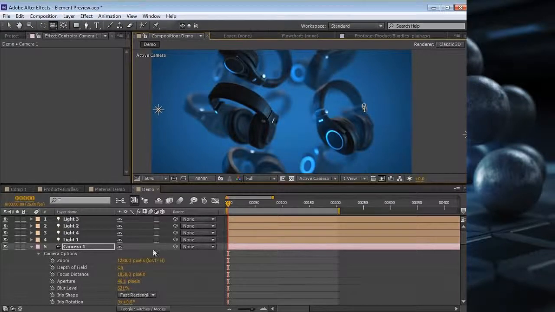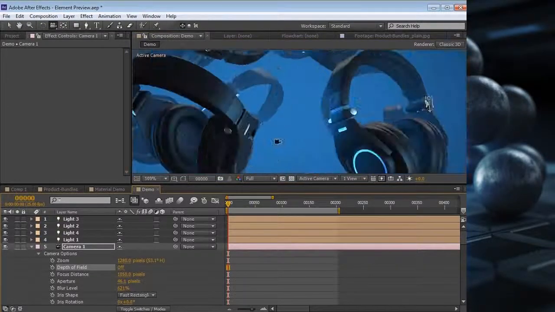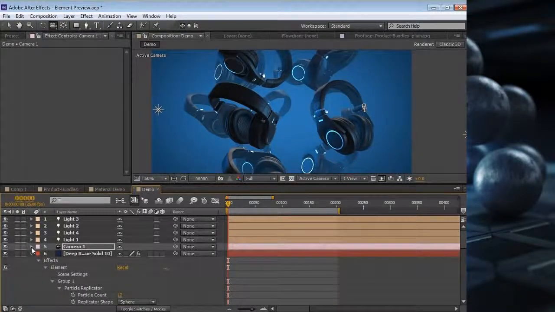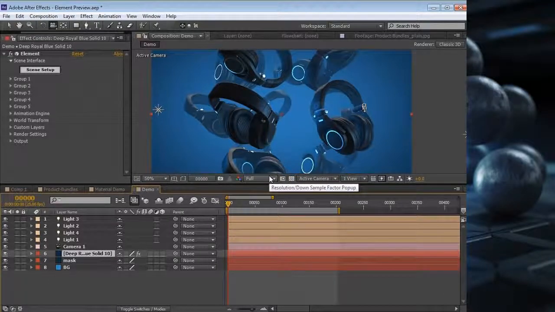But in most cases, when you don't have depth of field on, things are going to be pretty snappy. So depth of field and motion blur are the two things that can really add to your render time. But the cool thing about that is you can turn those on at the end. All right, so this is the basic idea of how the plugin works, but let's just dig a little bit